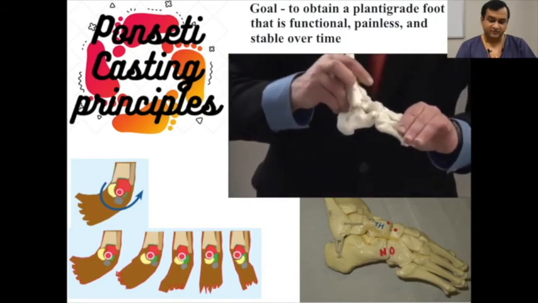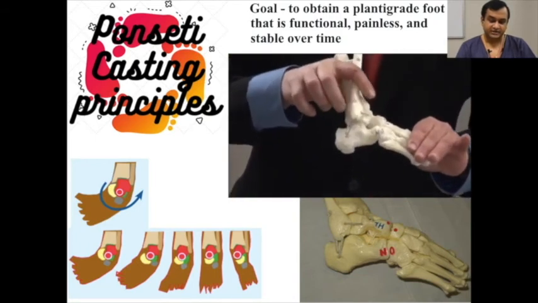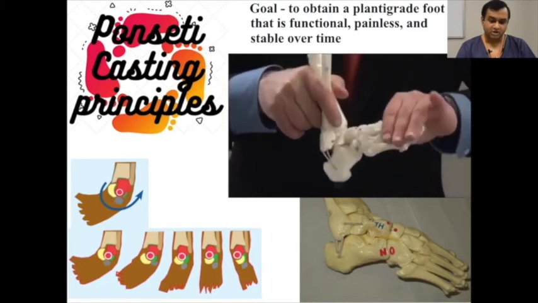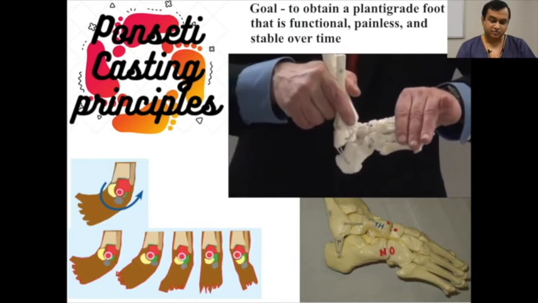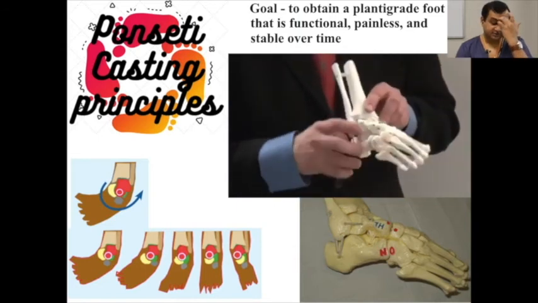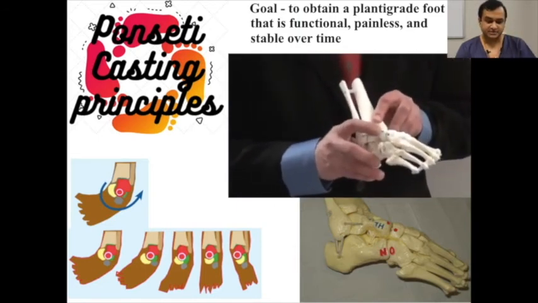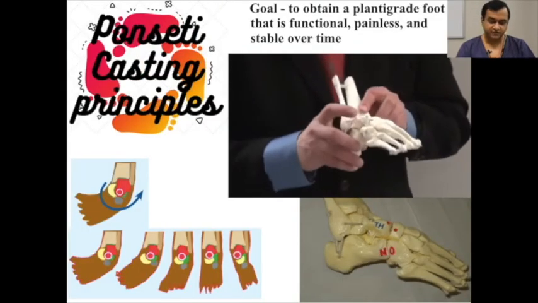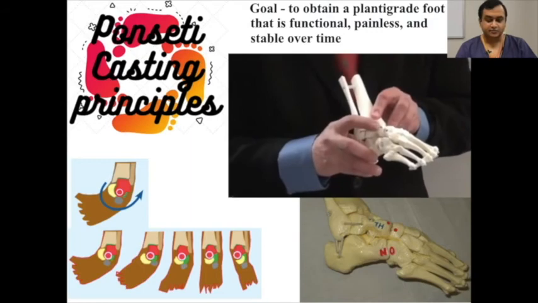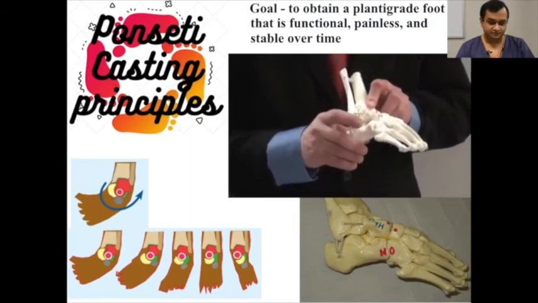Now, when we achieve this amount of abduction, this is the correct time to do a tendon tenotomy here, and this is how we stretch the foot up. So the last part of the deformity to be corrected here is the equinus. So these are the basic steps, the basic principles in the Ponseti, where to put the fingers, where not to put the fingers, and basically these correct most of these foot deformities.